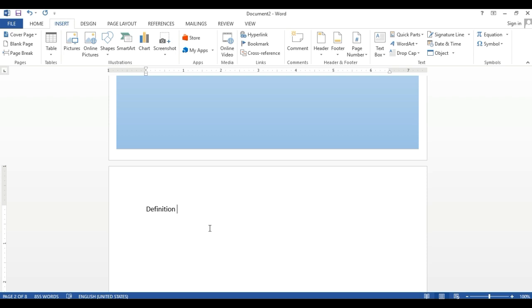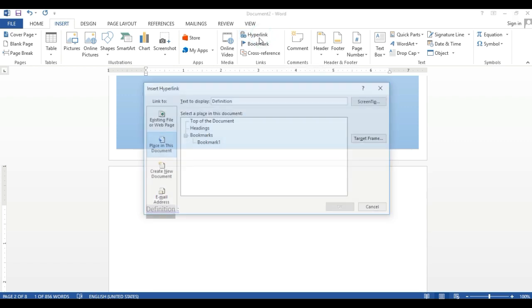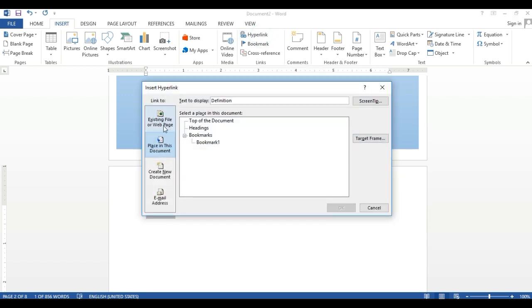Supposing that if I want this word definition to be hyperlinked to my bookmark, what will I do? I'll select this word definition and I'll click on the hyperlink. And I'll click on the place in this document. Click on the option. Now I'll click on the option place in this document, and then under bookmarks I'll mark the bookmark 1 and